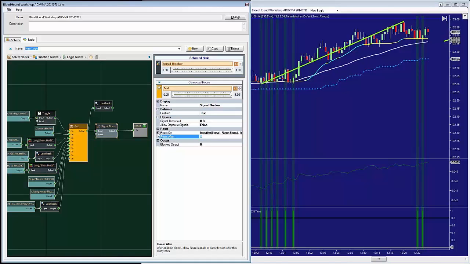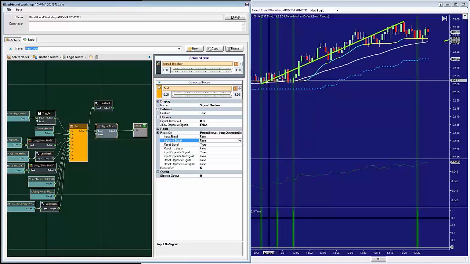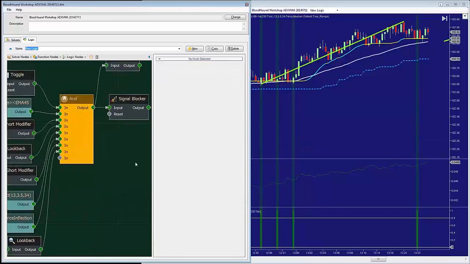It's also going to reset when we get no signal from the input, which is essentially why it's not doing anything right now, because there is a bar in between each of these signals that we don't have output on. So when I disconnect this one, I turn this false, then you can see it's doing what we want it to do. All right, so we have here on the signal blocker, we have the input,